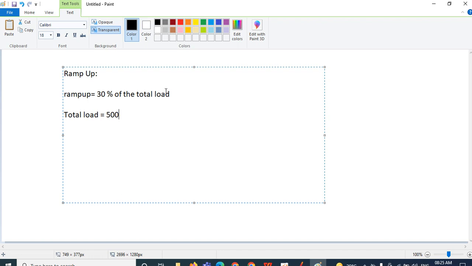So how can you calculate? This is the formula: ramp up equals 30% of the total load. How can you calculate this 30%? 30% is nothing but 30 by 100. How much do you get? 0.3. I don't want to open the calculator and all, so directly I am entering 0.3 here. 30% is nothing but 0.3 into